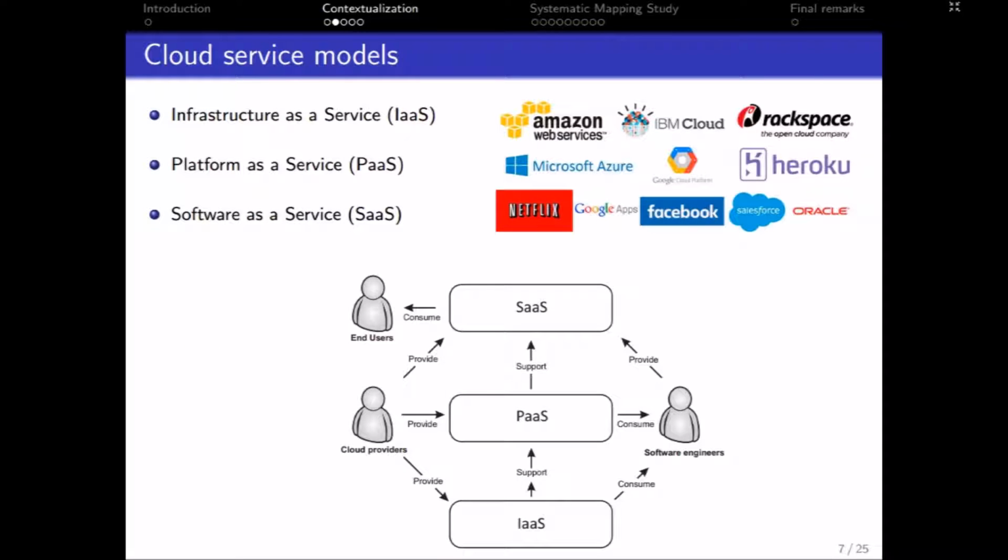With the variety of types of resources being offered in the cloud, three main cloud models emerged: infrastructure as a service, platform as a service, and software as a service. The IaaS model is related with providing of network resources and its virtualization. The PaaS model provides a platform to develop and execute an application into a cloud infrastructure. The SaaS model allows to provide an application on demand and to address simultaneously multiple users.